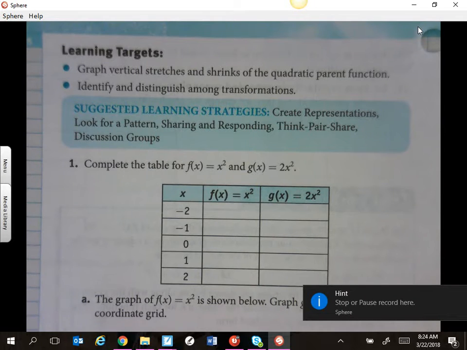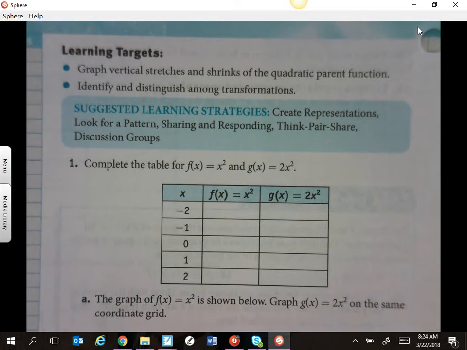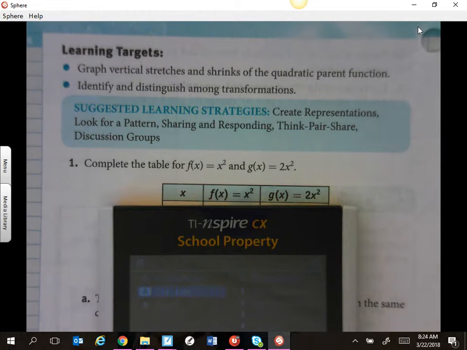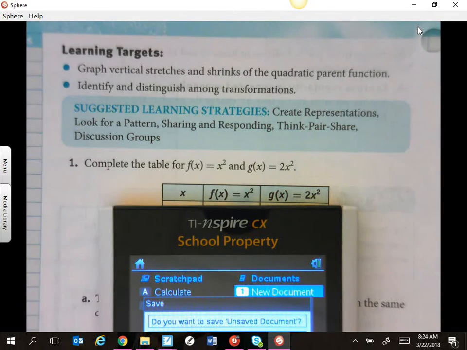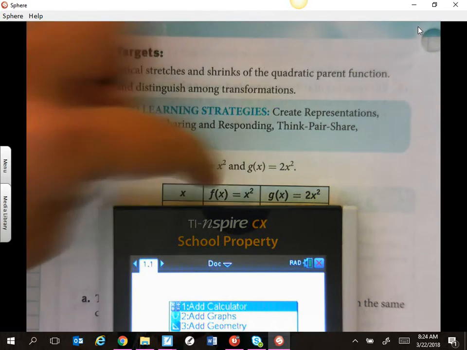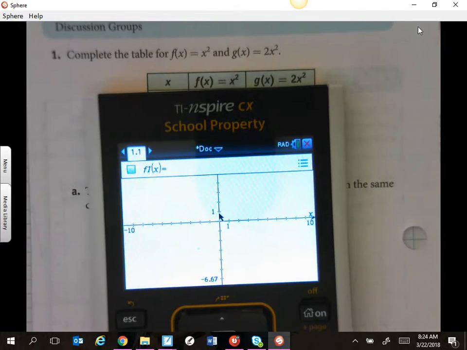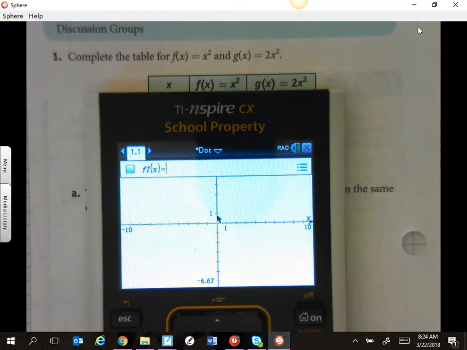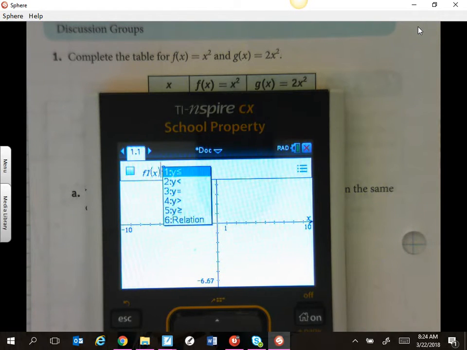So today we're going to continue with our quadratics, and what we're going to talk about is that a value and what it makes the parabola do. So we're going to start off with a little investigative unit where we're going to have a new document, and we're going to graph both of these. Now we know that we can graph both of these equations, and then since it wants us to fill out a table,